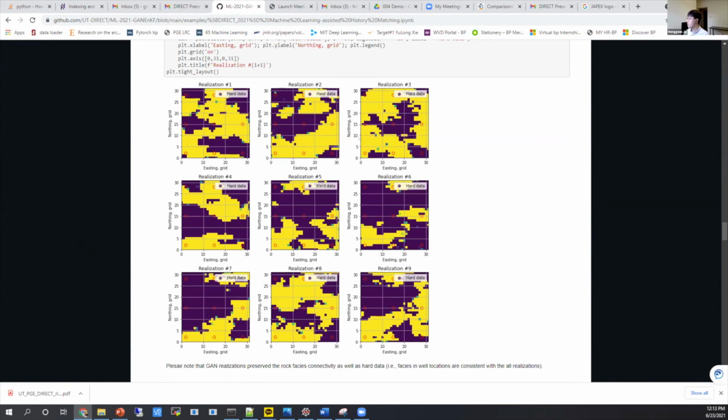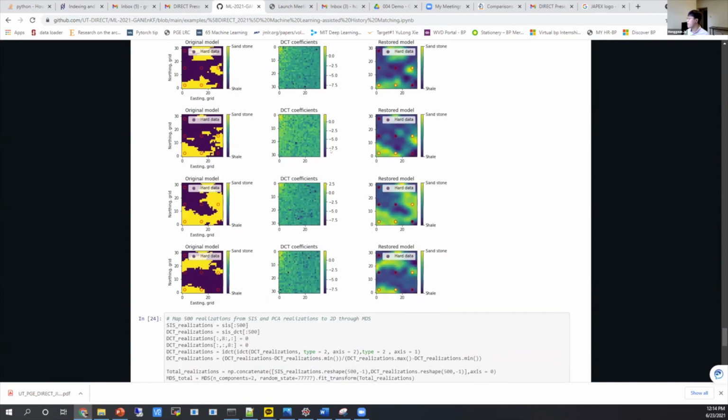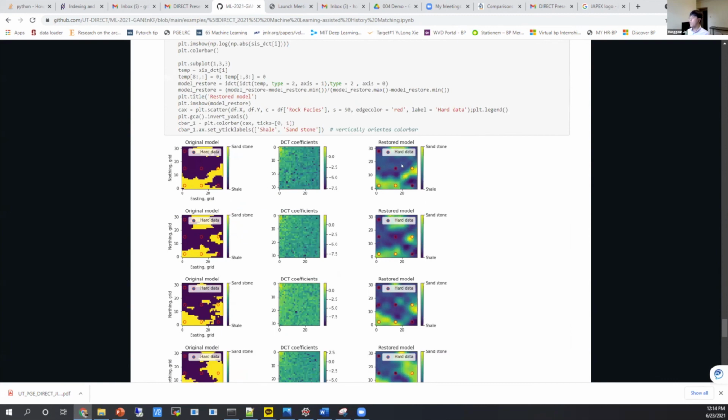And this is one quick result. This is from the GAN, which still keeps the bimodal facies. And also, PCA and DCT are the conventional dimensionality reduction algorithms. So we compare this GAN result with PCA and DCT. Basically, the PCA doesn't capture this discretized value. Of course, we can threshold it, but even after we threshold it, we are going to lose a lot of information for sure. And this is from the DCT. So I think the autoencoder and GAN are two advanced dimensionality reduction methods based on neural net workflows. So Honggeun, thank you very much for showing that.